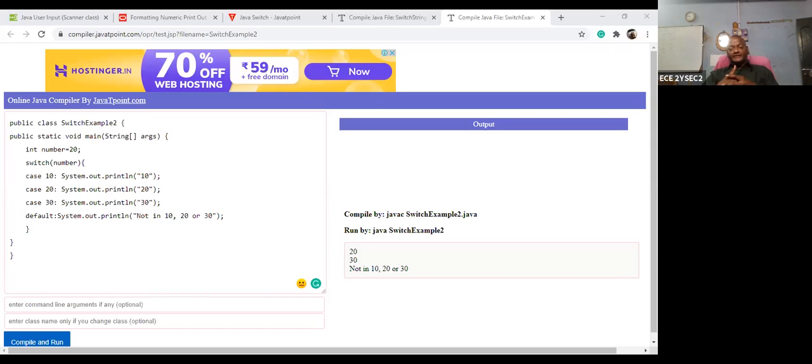Next, I want to discuss input and output. Up to now, everything was already predefined in the program. But the computer or the language can accept whatever you want to give.